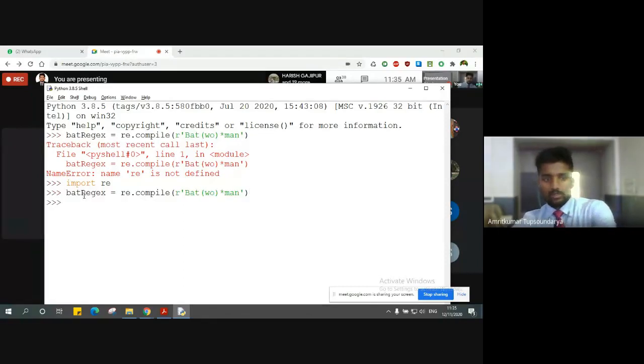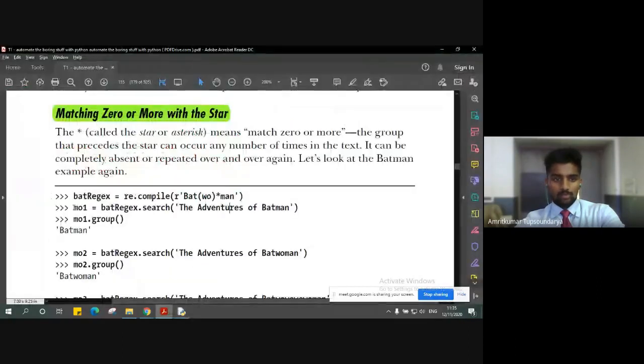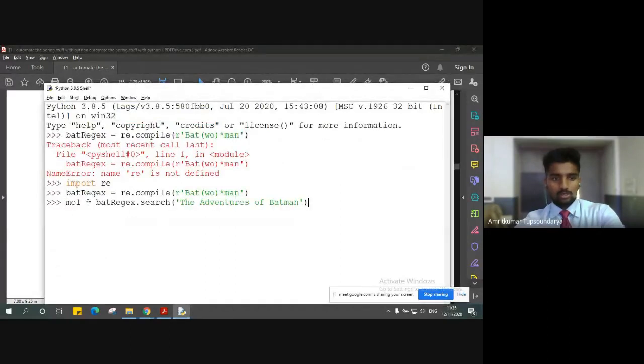As you can see, there is no error here. Next, I have to give my input, the string in which I want to search my regular expression. So let's say mo1 is equal to regex.search, and then the string, the adventures of Batman.